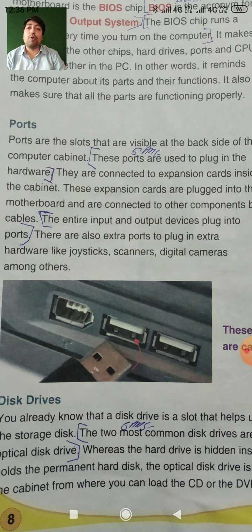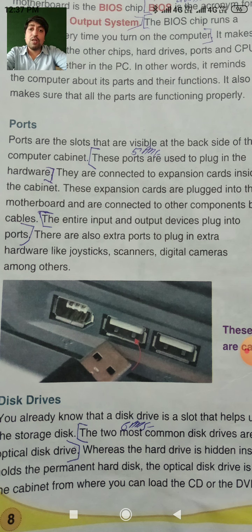So this is very important. Generally we can say that a port is a place where we can attach our input devices for their use. It means that if we want to use the mouse or the keyboard, then the keyboard and mouse cables are attached to the CPU by means of the port. A port is mostly useful to attach input and output devices to the CPU, computer or laptop.